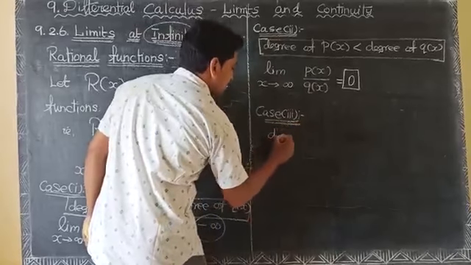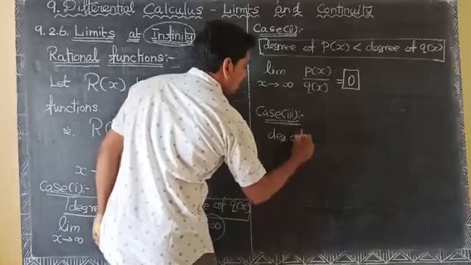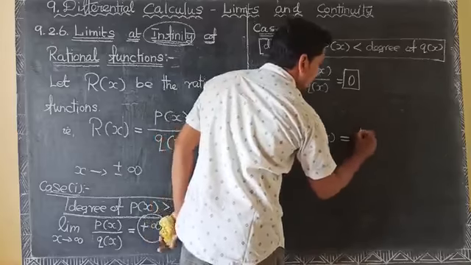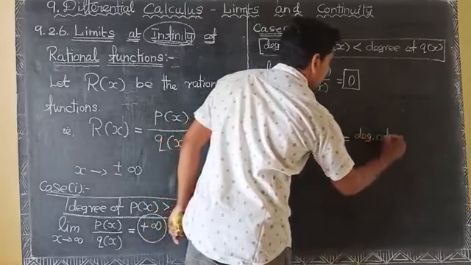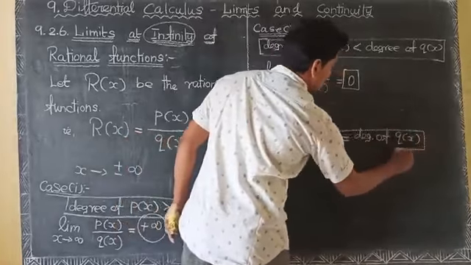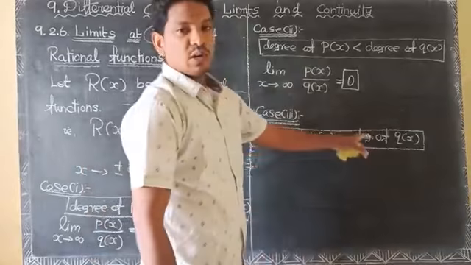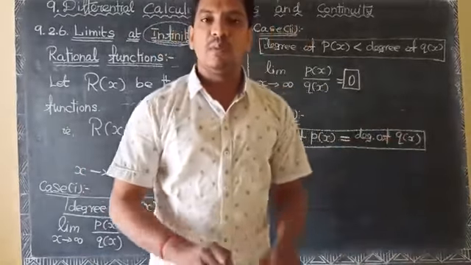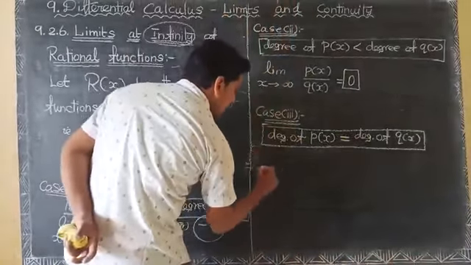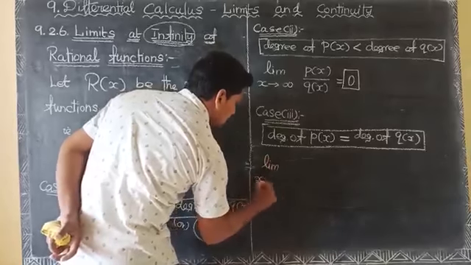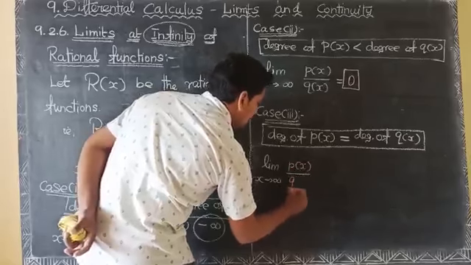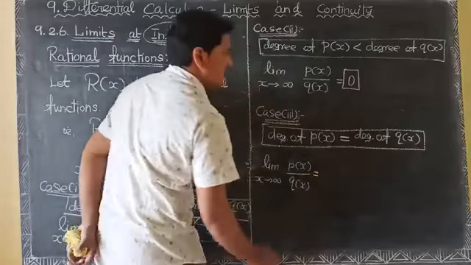Degree of p of x equal to degree of q of x, that is, 1 equal to 1, 2 equal to 2, 3 equal to 3. Both sides are the same. Then the procedure is: the limit as x approaches infinity of p of x divided by q of x is equal to